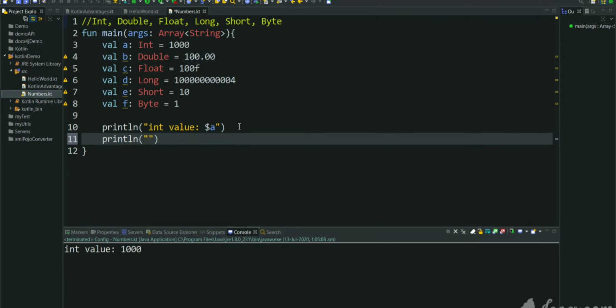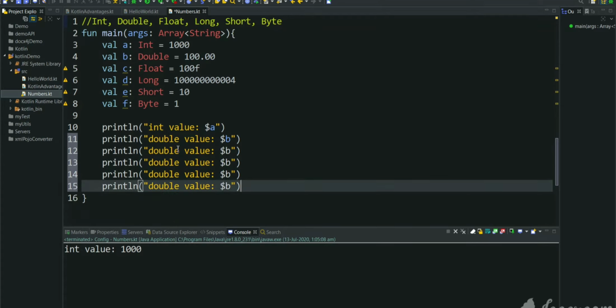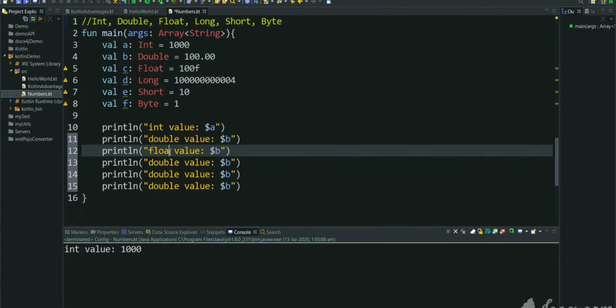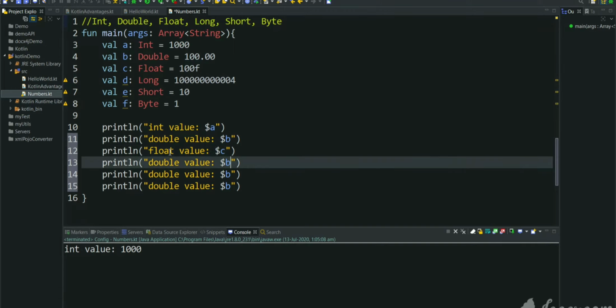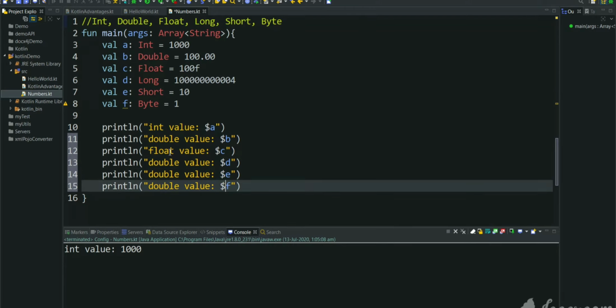And let's print other values also. Next, double value $b. Let's copy and paste for float value, for long value, for short value, for byte value. Float value, which is c, d, e, f.